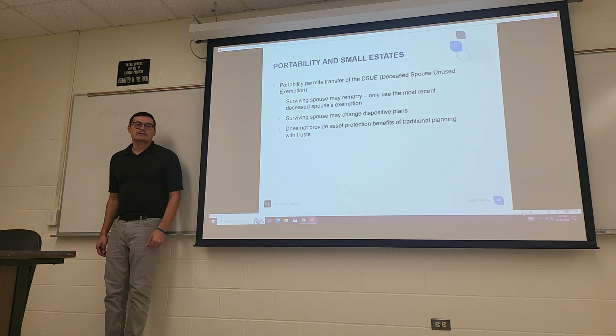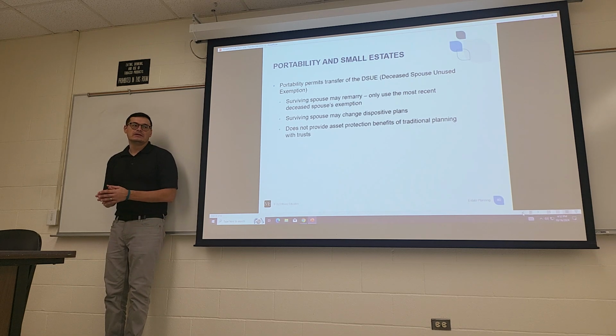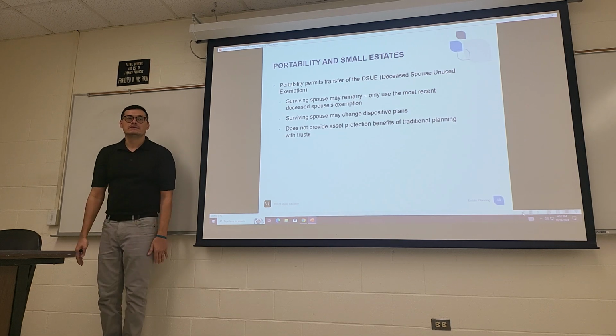It comes in handy because property can be transferred between spouses using the unlimited marital deduction. So usually the surviving spouse is stuck with all the property, on which they didn't pay gift tax initially or estate tax, but eventually will pay. So it allows them to take over what's not used and apply it to the surviving spouse.